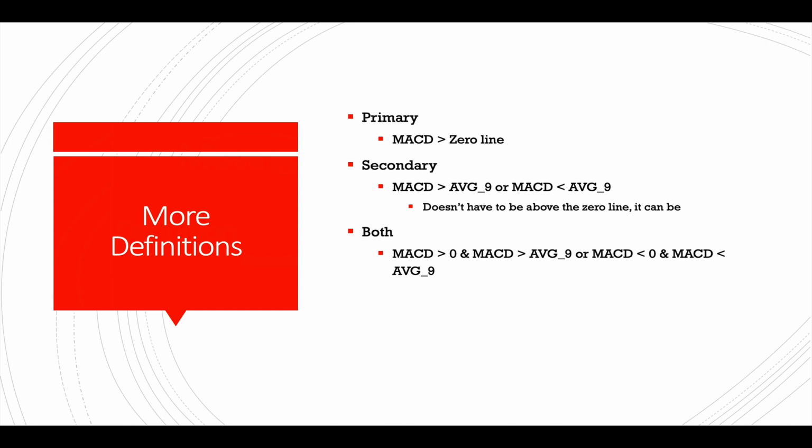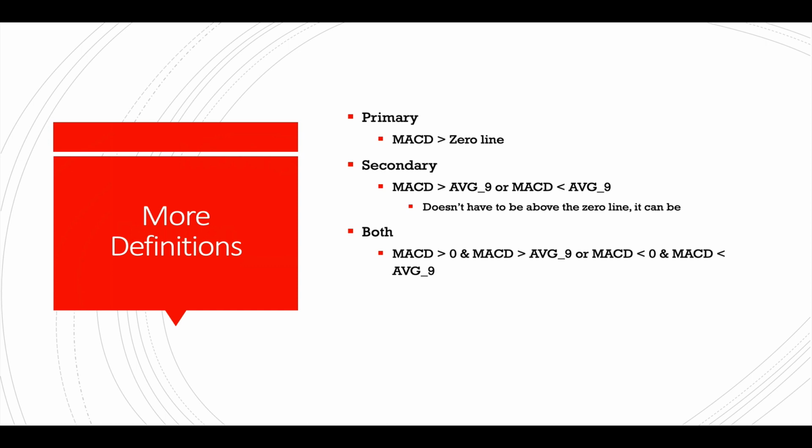Now, what we're going to take a look at is how it is normally used. The way MACD is normally used is the second definition, which is what I call secondary, where the MACD is greater than the average, or the MACD is below the average, and that's how most people approach how to use this, right? So it is bullish when MACD is greater than its 9-period moving average, and bearish when it is below the 9-period moving average. I also add two other